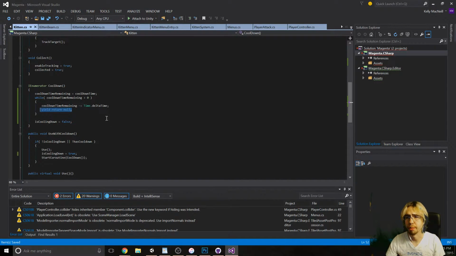This is slower than the other way because I'm pretty sure it just says 3 seconds later, schedule me to do a thing, right? Instead, we're actually doing a calculation every frame. But it's probably inconsequential because it's just a subtraction. But there's no other way to really set or publish that cooldown time remaining, right? So